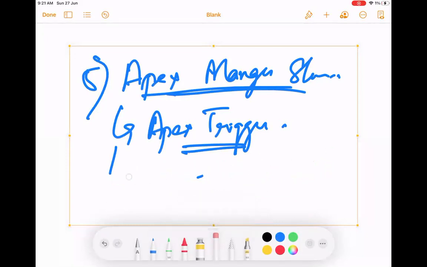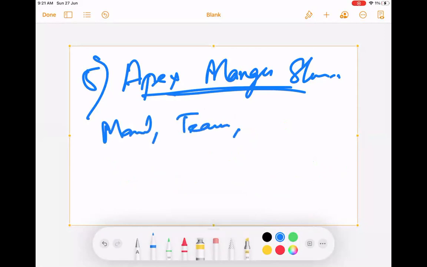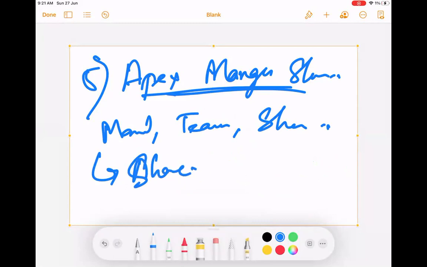So Apex managed sharing is basically using a backend feature of Salesforce, which is automatically used by Salesforce for automated systems. For manual sharing, then team sharing and sharing rule, Salesforce is using a table called share. Every object will have a share table if OWD is set to public read only or private. If the OWD is set to public read write, in that case, the share object will not be available.